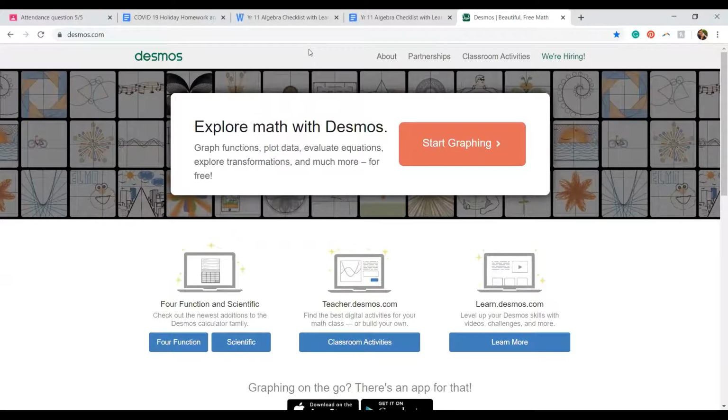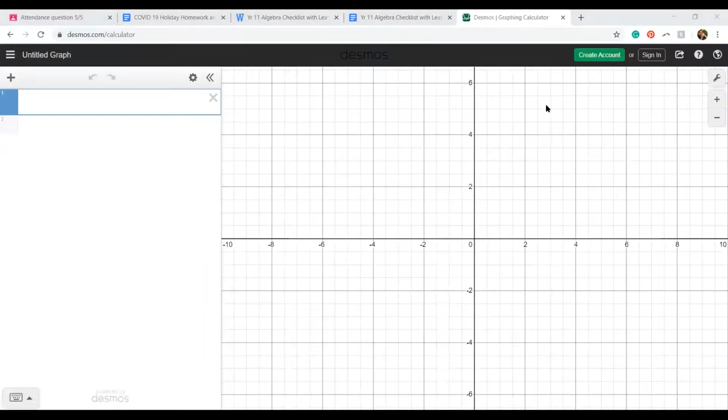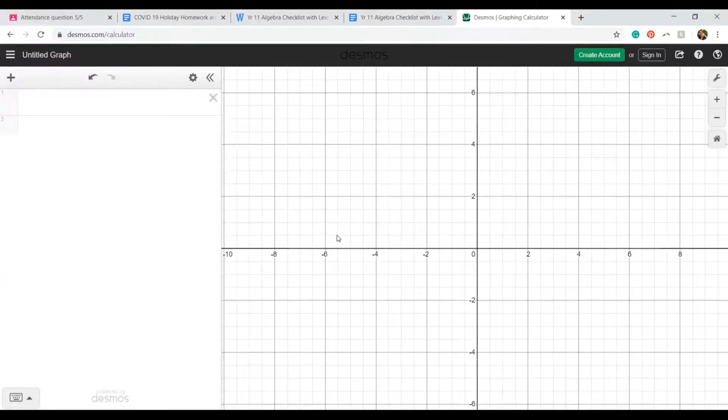Once you've done that, click this big red button. Now, this is now a big Cartesian plane. Now, other teachers are teaching their kids to use Graphmatica. I don't like Graphmatica for the simple purpose that you have to download a program. With Desmos.com, in 2 clicks, you guys should already be looking at the same screen that I am.